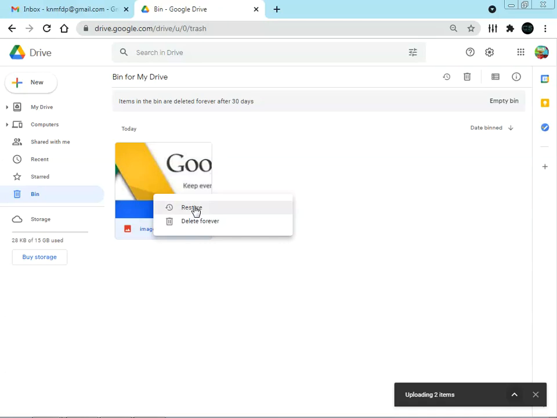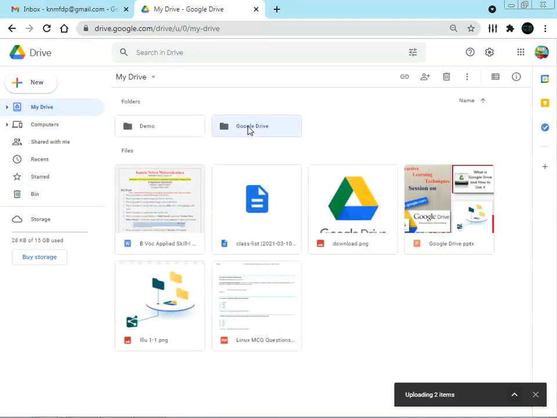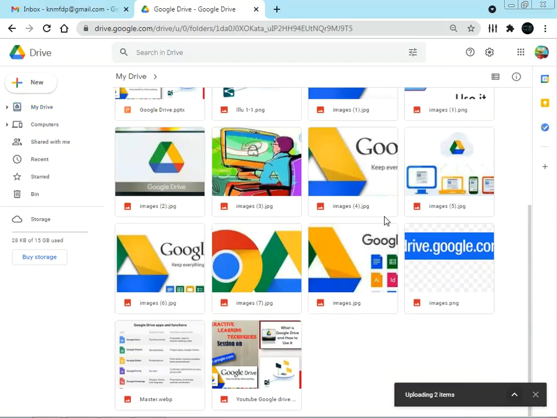And if you restore it, that particular file will move to its original place. Just like the recycle bin, this bin is used, or in some cases it is replaced with the trash. So we can find our deleted file in the trash.